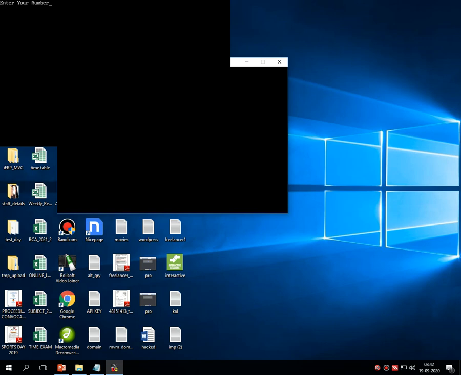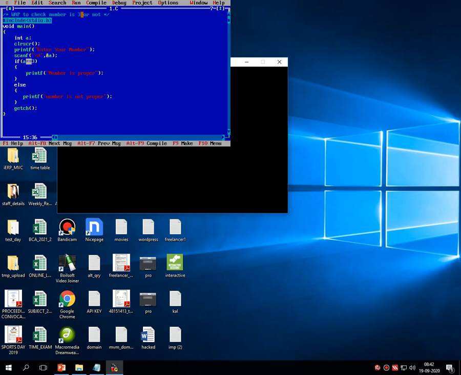It asks for one number. Say for example, I am entering the number called 2. Now as per the strategy of our program, I have entered the 2. The entire decision making statement becomes false, so it returns number is not proper. Now I am rerunning the code, and say for example I am entering 3. The condition becomes true as per the strategy of our logic, then it returns the number is proper, right? Now let's dry run that particular code.